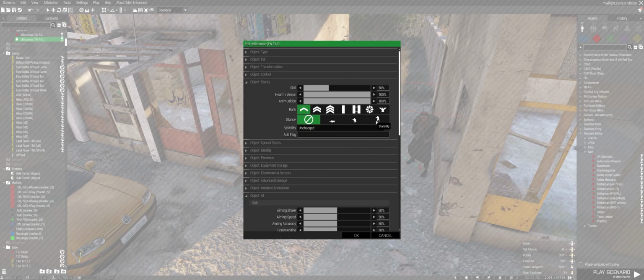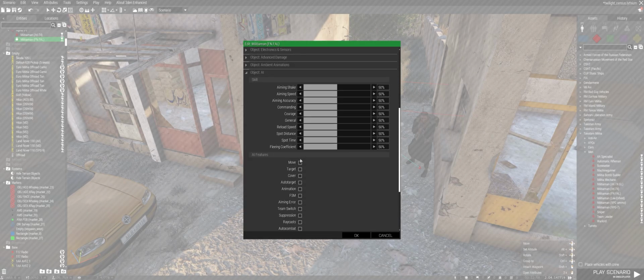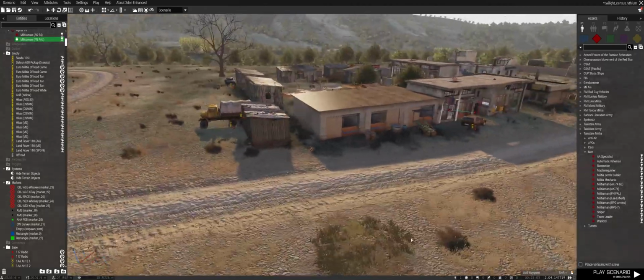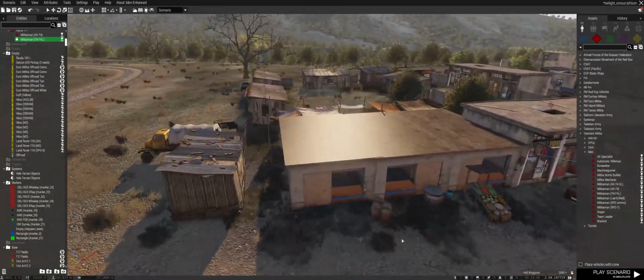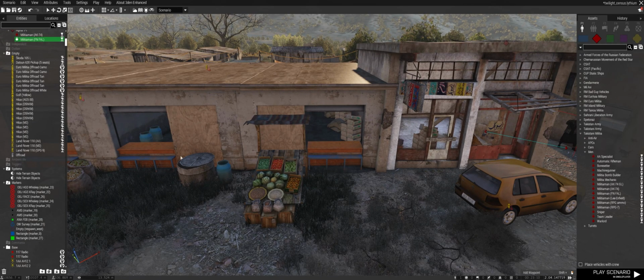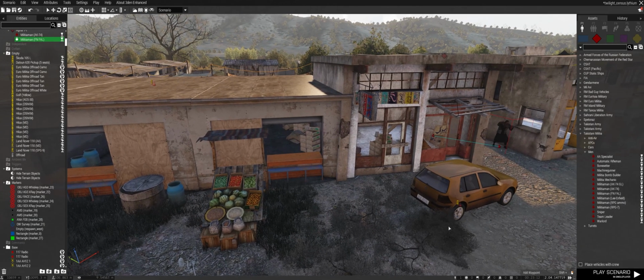Go into his attributes. We're going to make him stand the whole time. And move. And what we will do is, let's stick. Now there's two ways we can do this. I'm going to put a guy in here. I can either